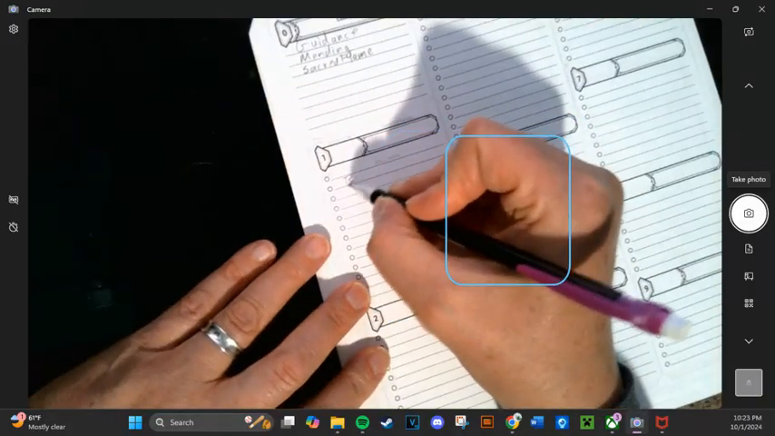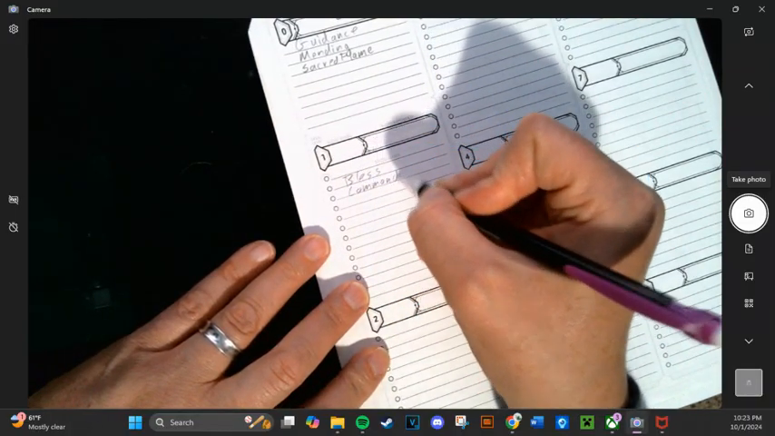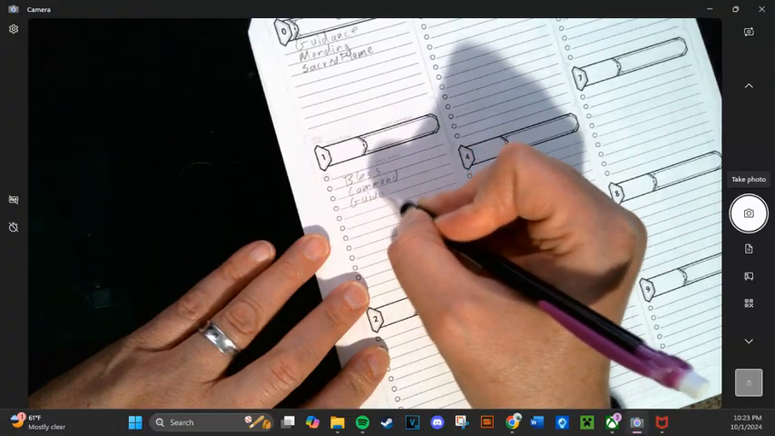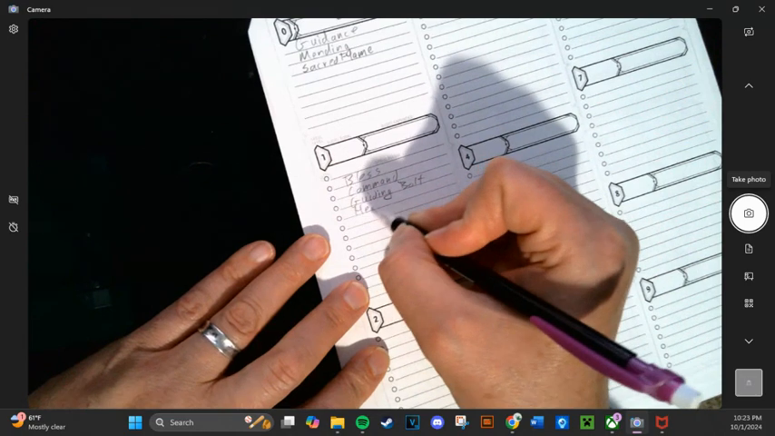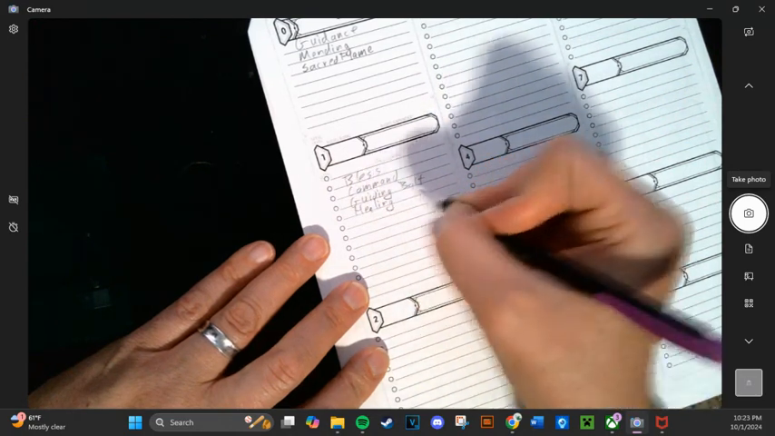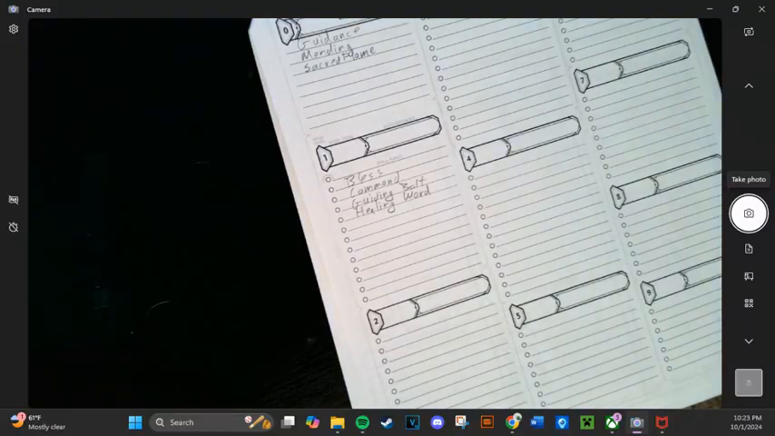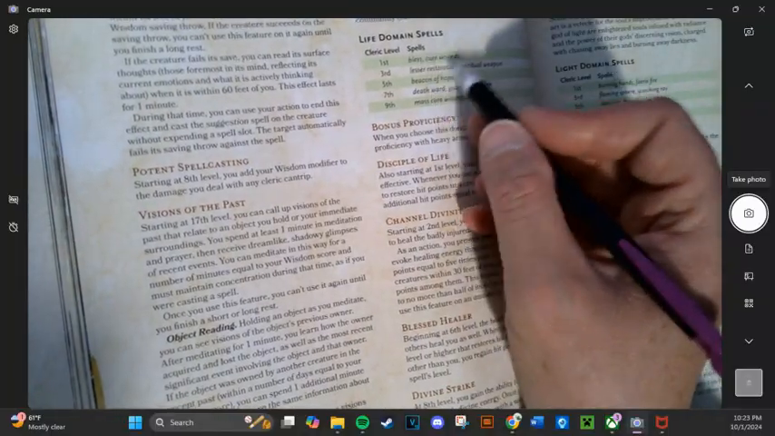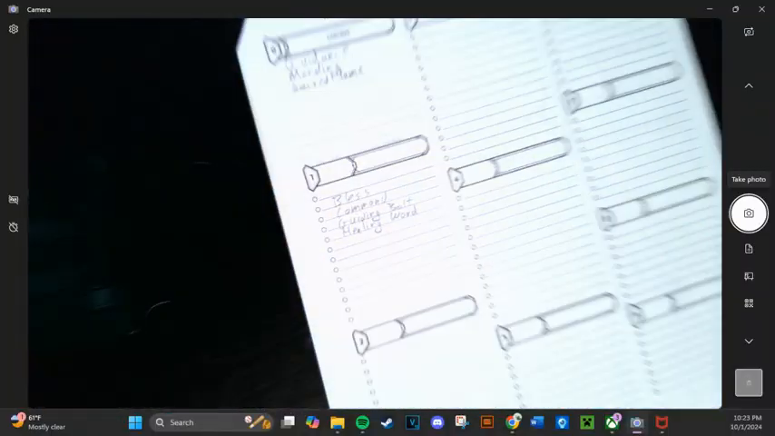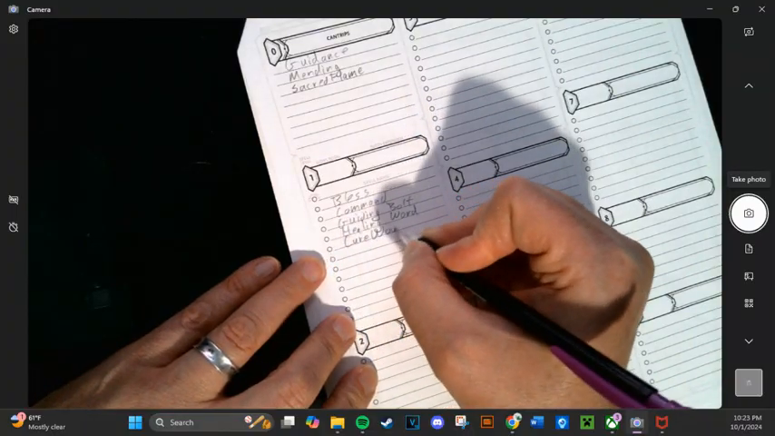So Bless, Command, Guiding Bolt, Healing Word. This is a healing spell, so it's my bread and butter as a cleric. And as a life cleric, I actually get some extra. Oh, I actually get Bless already, so I'm going to take that off. I get Cure Wounds as well. And then I'm going to take Bless off and put in